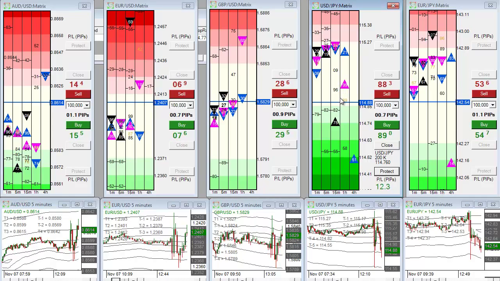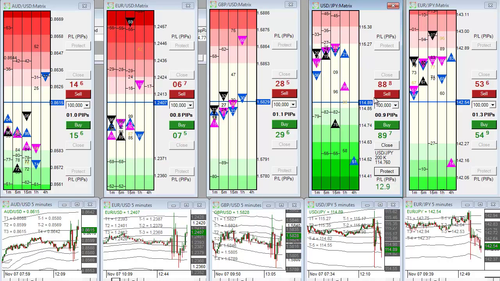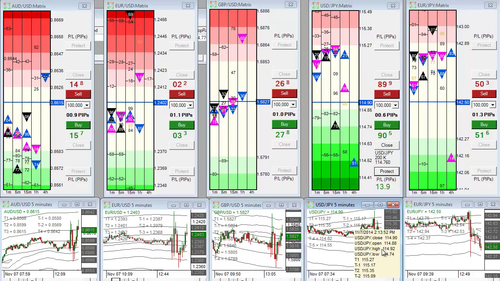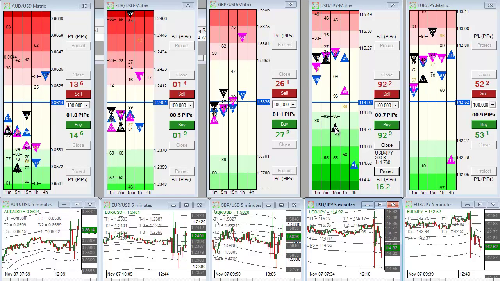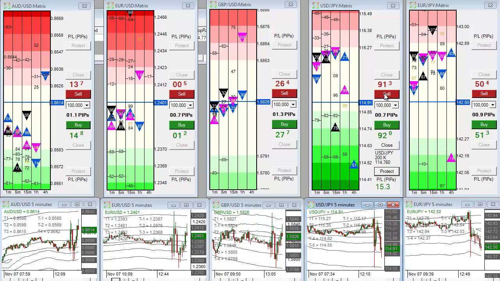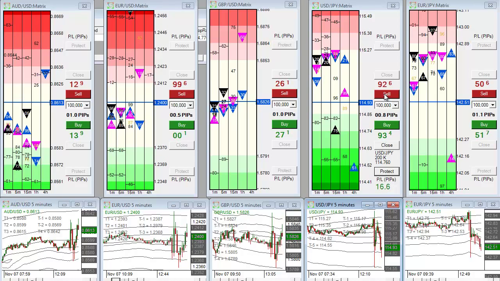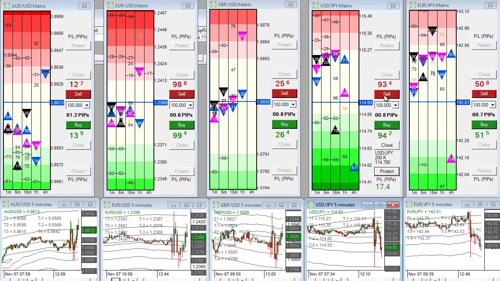Patience, patience, patience. It's paying off. Made a low of 74. Our entry level is at 75. Doesn't get much better than that. And up to break even within about 30 seconds. Optimal trade. And that's why these passive trades are such a high probability and able to remove the risk so